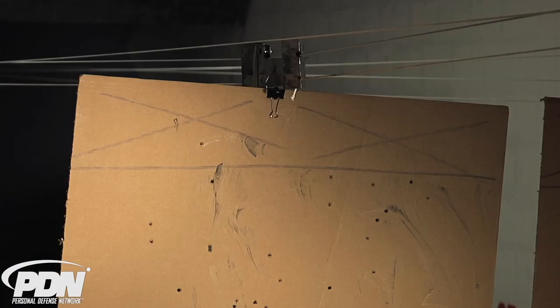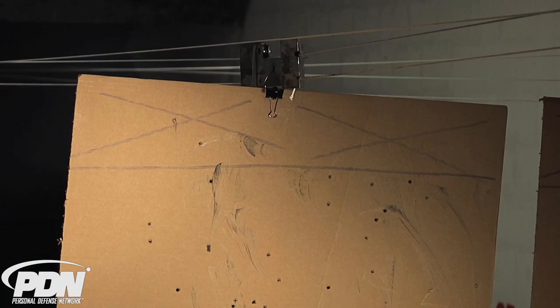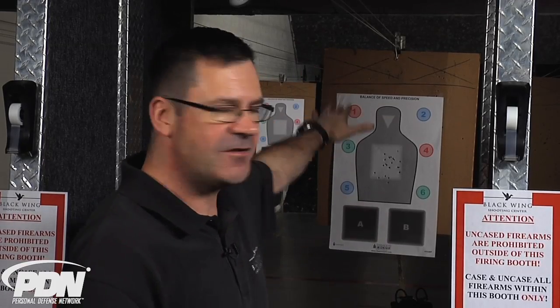Another example would be, if we look at the targets, you'll notice up here at Blackwing, they simply draw a black line on the cardboard, near the top of the cardboard, and we don't allow you to put the target any higher than that. One of the reasons for that is the way that the bullets might reach above that. If we get above that line, that upward arc, the angle at which the bullet's going, we're going to take it into a higher point on the trap. We might be hitting the ceiling, or we might even be cutting the cables or the lines that suspend the targets in the first place,